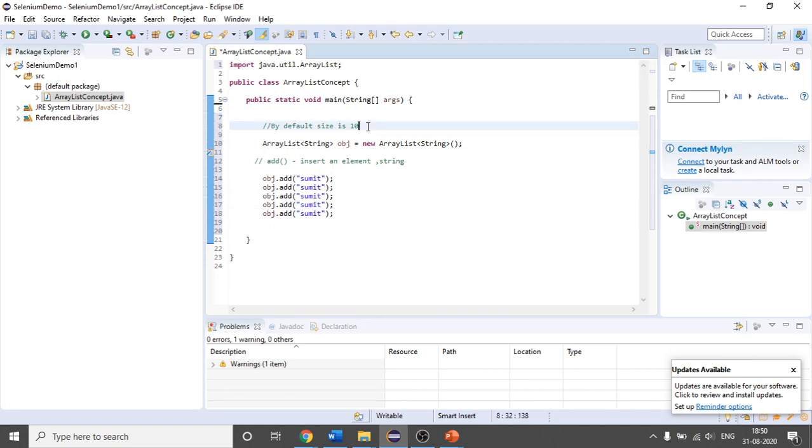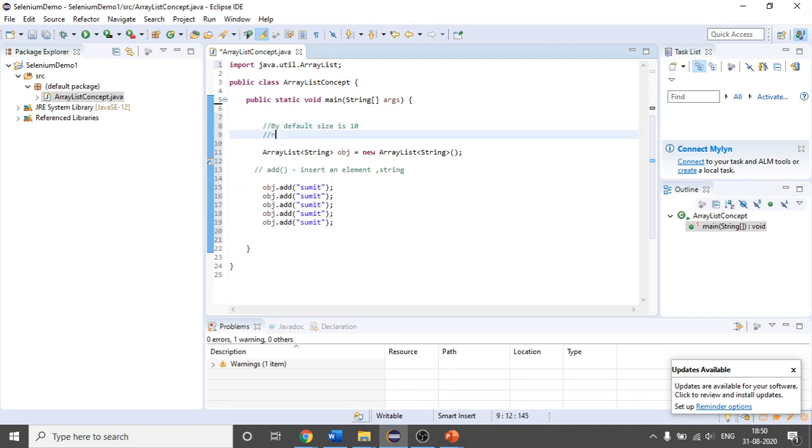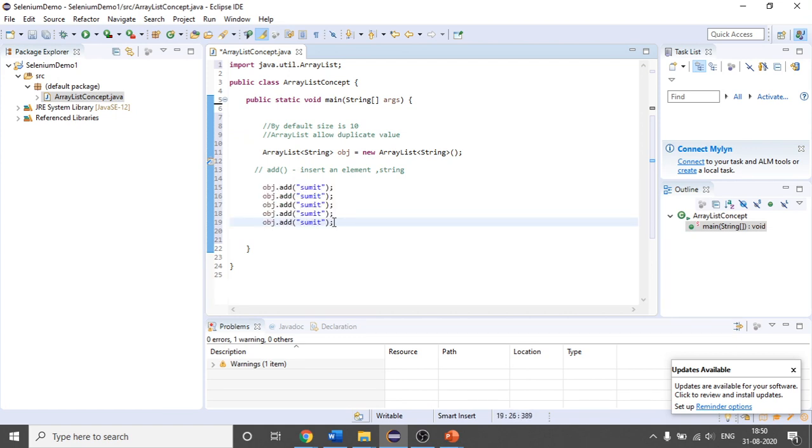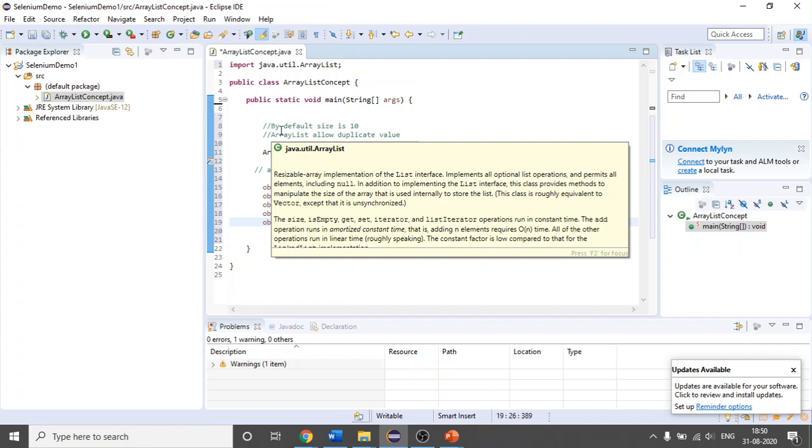One more thing is that this array list allows duplicate values. See, here are the duplicate values, but it will easily store them in the array list, because ArrayList allows duplicate values.